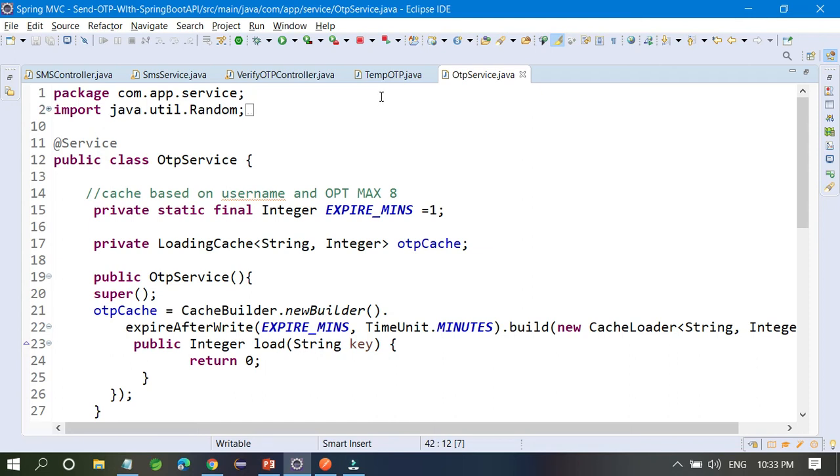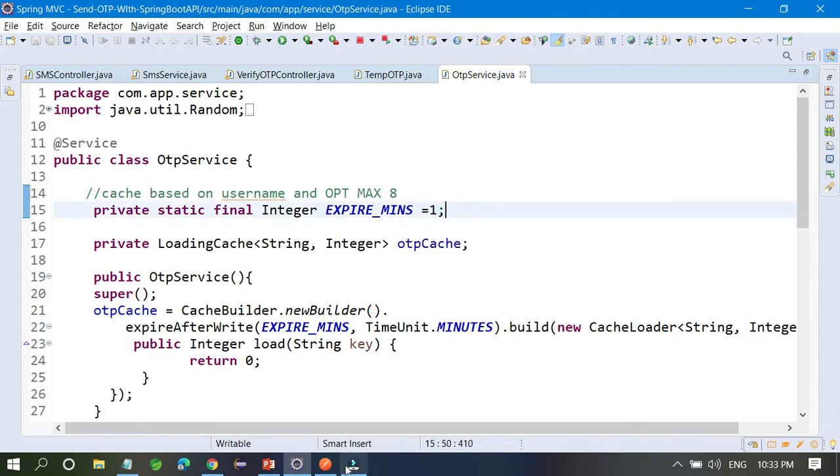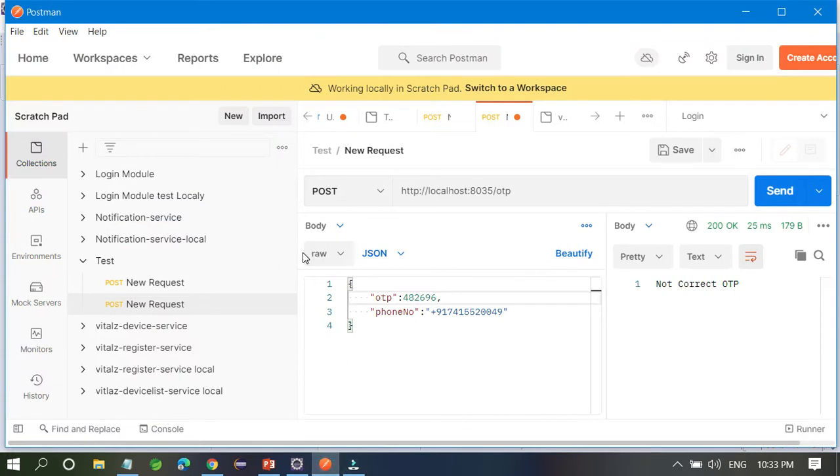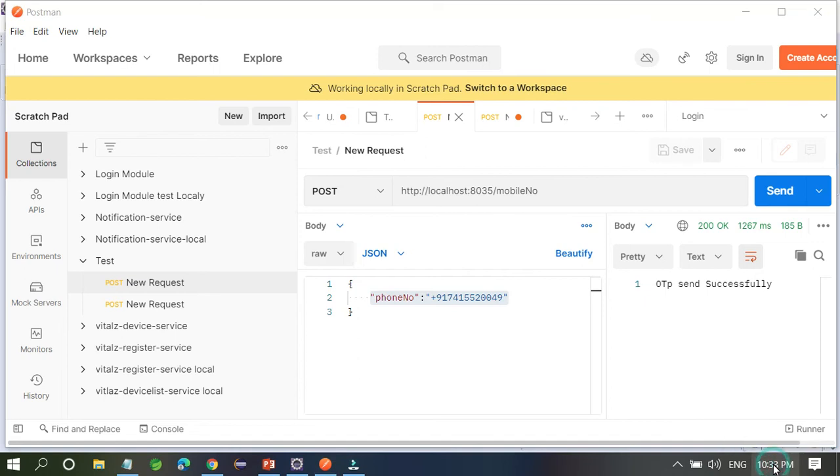Okay, now I want you to understand whether this OTP expires in 1 minute or not. If you want to test, you just go to this place and send one more OTP. OTP is sent successfully. Just open your timer.